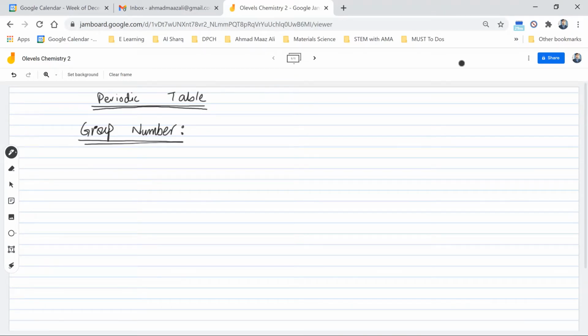So it tells you the number of valence electrons. All right. So the number of valence electrons is actually a very important piece of information. Why? Because these determine the chemical properties. The number of valence electrons will tell us about the chemical properties